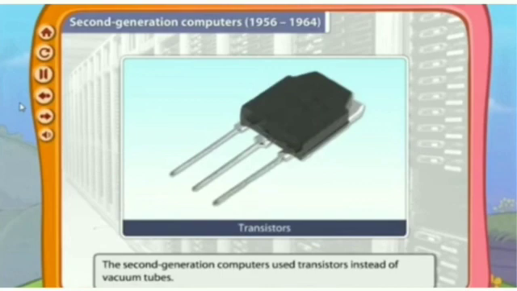These computers were smaller in size and easier to carry from one place to another as compared to the first generation computers. They generated a lesser amount of heat, but in the first generation computers, the vacuum tubes generated a large amount of heat. They were faster in calculations as compared to the first generation computers. They consumed less power and were less expensive than the first generation computers.